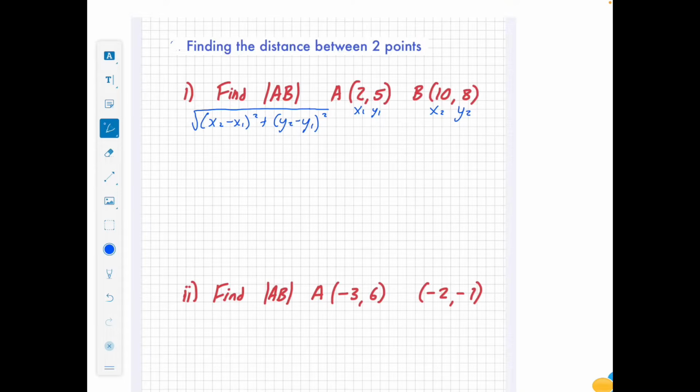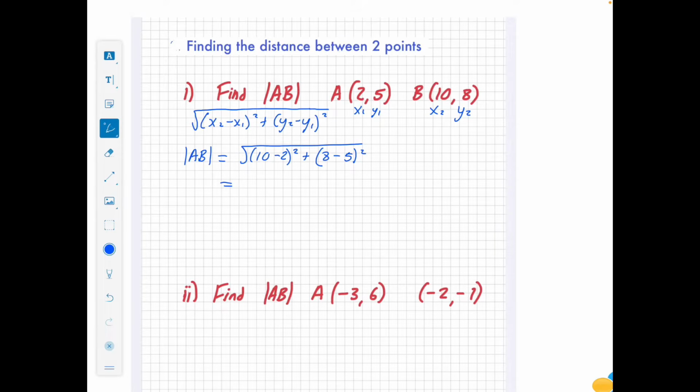Okay, so for all our things, so for distance, slope, midpoint, we're going to do exactly the same thing. We're going to write down our formula and we're going to label our points. Now all we need to do is sub our numbers into our formula. So we've got the distance, AB, is equal to x2, which is 10, minus x1, which is 2, all to be squared, plus y2, which is 8, minus y1, which is 5, all to be